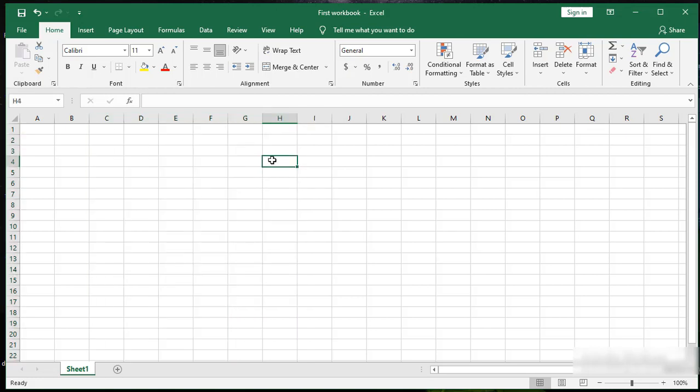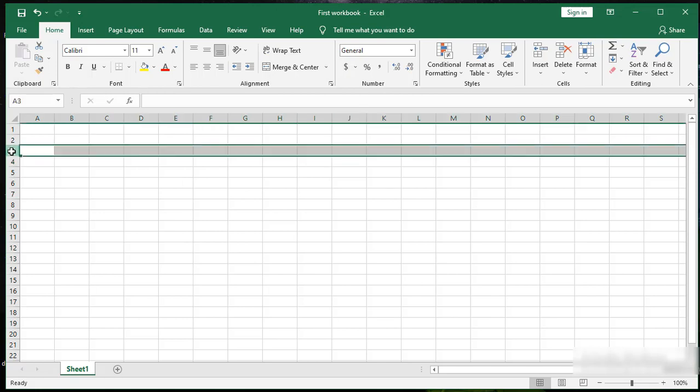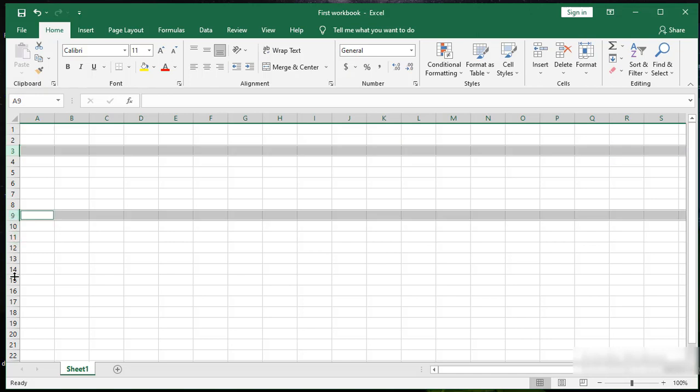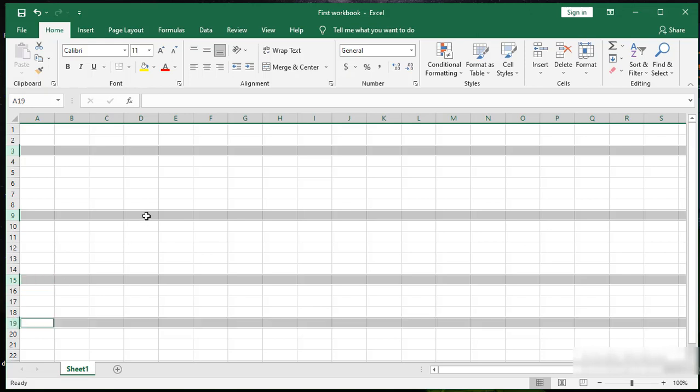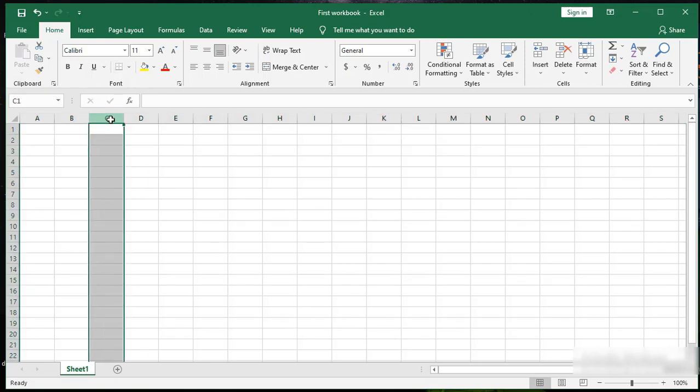You may want to also make a selection of non-adjacent rows or columns. So for example, we want to select row 3 and then skip some rows and select row 8. Just hold down the control button after making the first selection, and then you can make the other selections. These are non-adjacent rows and columns. You can also do that this way. Hold your control, click,